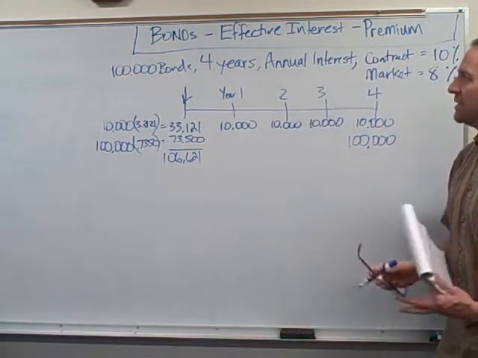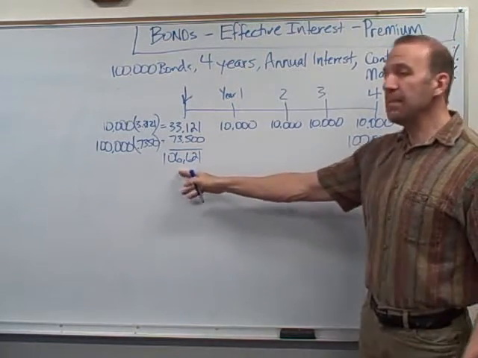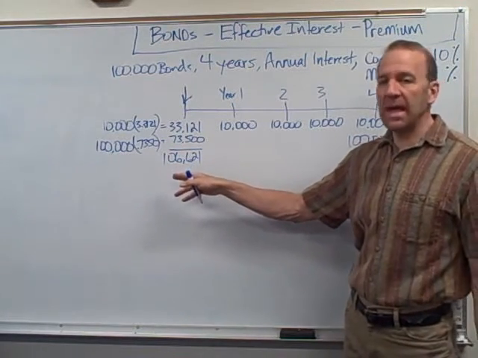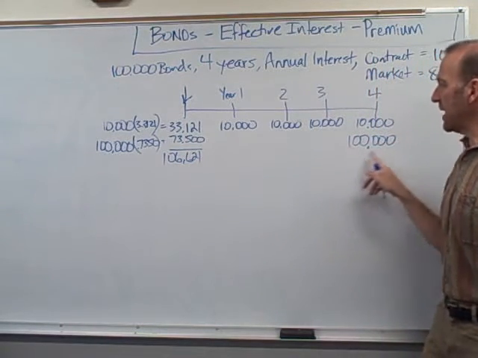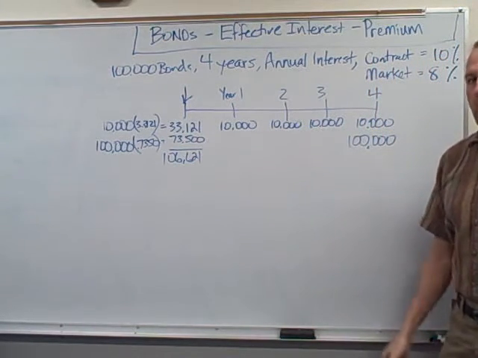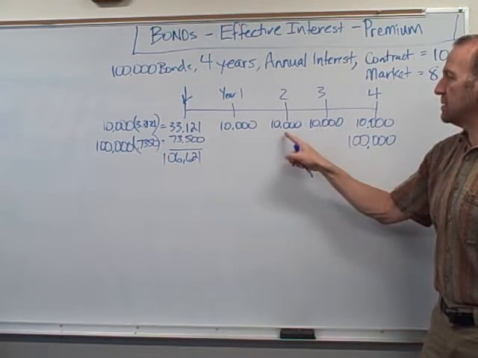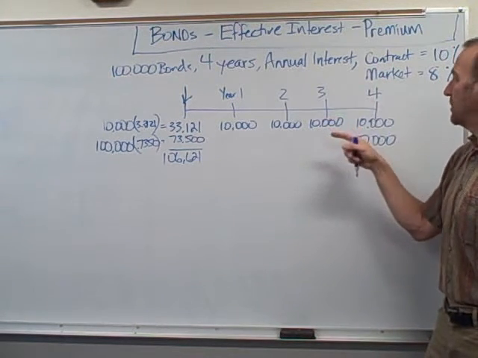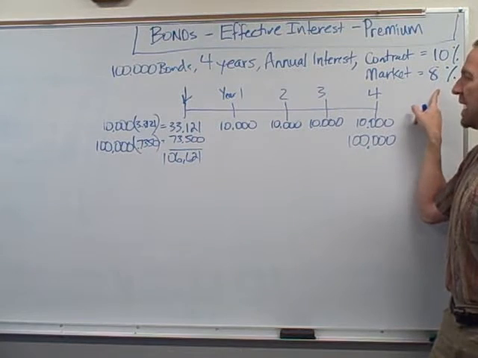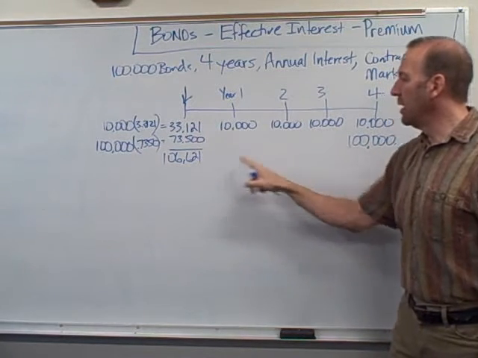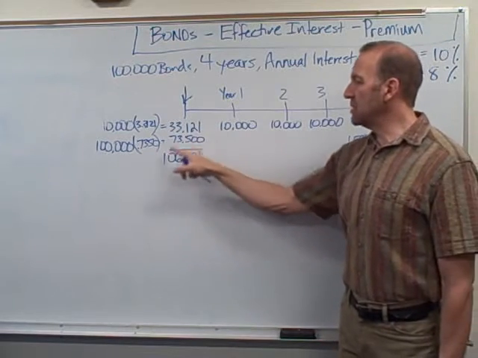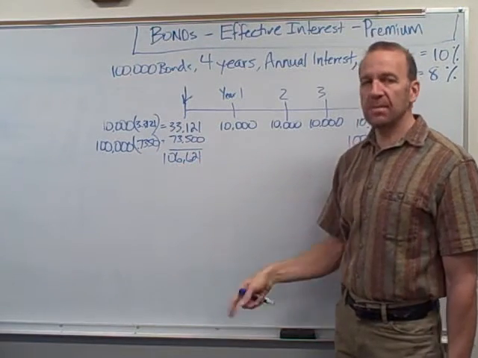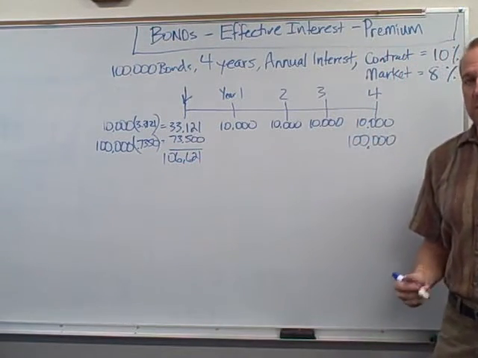Okay, that's the value of our bonds. Okay, they're going to sell at a premium. People are going to be willing to pay this amount for them at year 0 to be able to get these cash flows in the future. And what they'll be earning, see, they'll be getting these paid out at 10%, calculated at 10%. But what they're going to be earning is only 8% because they're paying more than what they're going to get at the end. Okay, so this premium is going to be used up